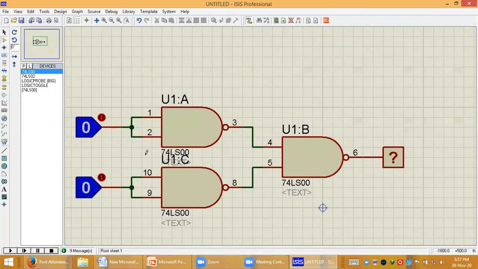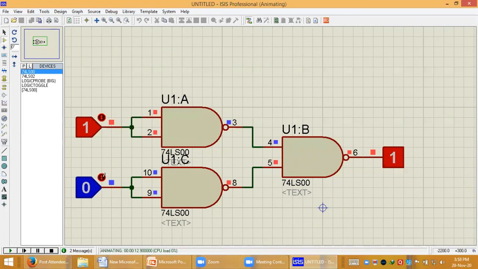Now, the output of the OR gate will be what? If any input is 1, output will become 1, right? First of all, I will play this simulation. Currently the inputs are 0, 0 and the output is 0. If I make 0, 1, the output will be 1. If I make 1, 0, then the output is still 1.